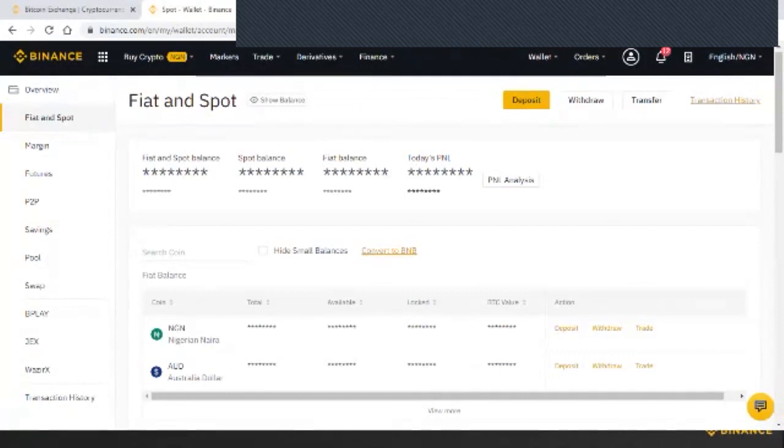If you log into your dashboard too, if you come to this place, you see your balance. So if you want to see an overview of your account, come to overview. If you make a transfer and they debited you, then you will see it in your overview, your account balance. Let this one load now. I will show you.